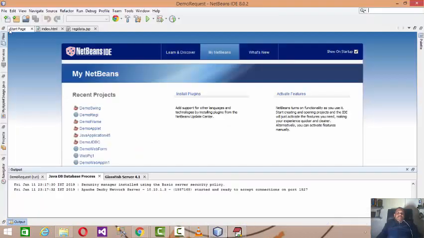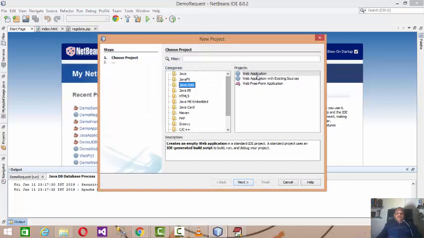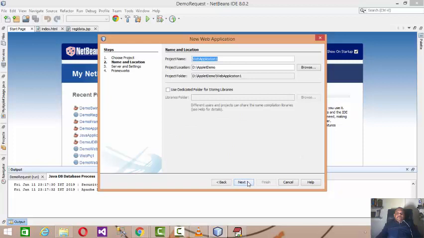Now for that reason, I am creating a new web project, a Java web application, and giving a certain title to it, like demo web 1.